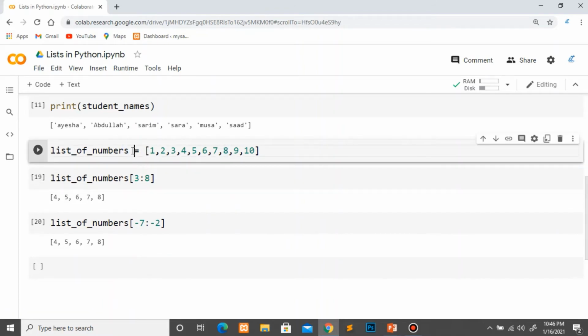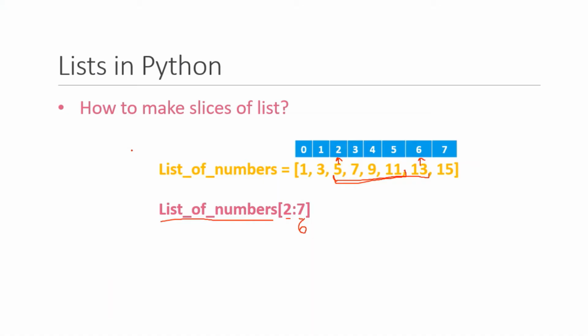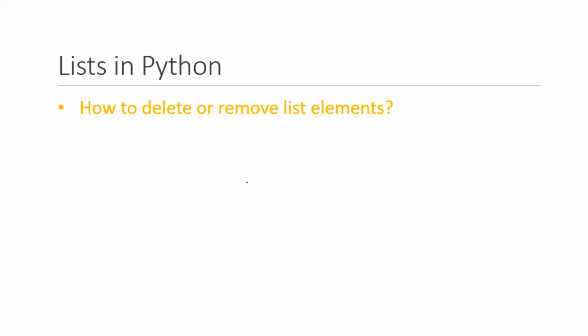Now let's see how we can delete or remove items in the list. As I told you in my previous video about strings, after the creation of a string in Python, we are not able to edit it. I mean, we are not able to remove a single character or more from that string. But when we talk about lists, Python provides us this facility to remove elements from the list. We can remove list elements in two ways. Number one is by using the del keyword, and number two is by using the remove function. First we will see how we can use the del keyword.